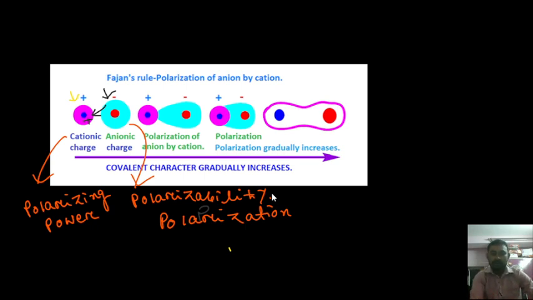So for different types of cations and anions, or molecules, how the covalency varies? There is a term we are defining here, which is the ionic potential. Ionic potential equal to